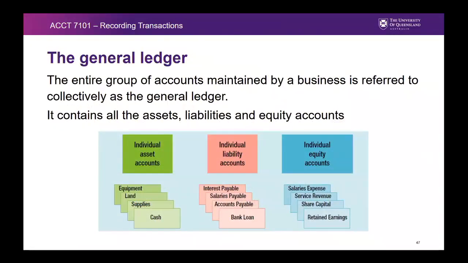Now what we have is what we call ledger accounts. So the next step is that we've got transactions, and then we've created debits and credits in time order, from the 1st of January all the way down to the 30th of June or 31st of December. Now the question is, if we go back to last week, well, why